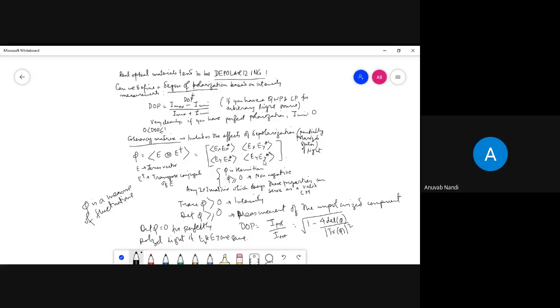Sir, I think the phase factors will actually cancel out. Like if Ex Ey star has, say, e to the power minus i 45 for the alpha, and the other one has the same phase, in that case they will vanish. Means if they are linearly polarized but at some angle which is not 45, in that case the phase term would cancel out.